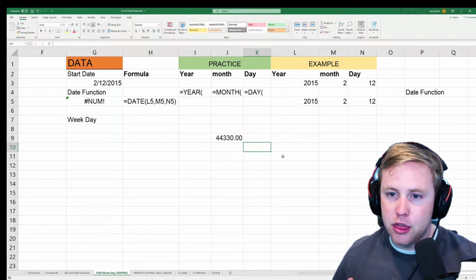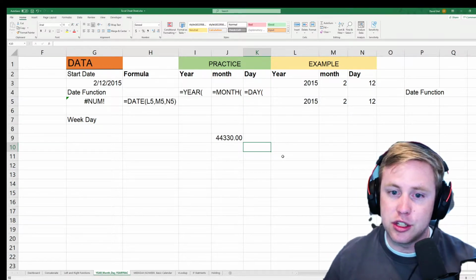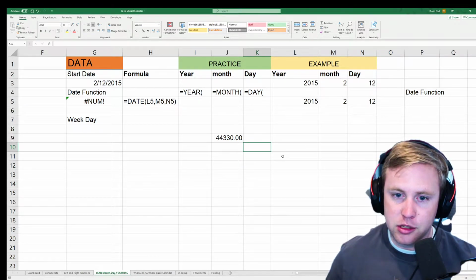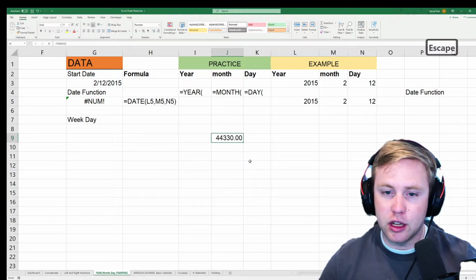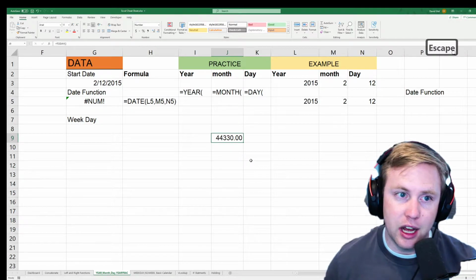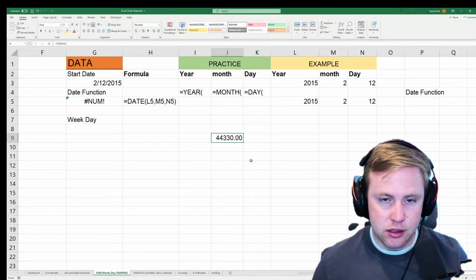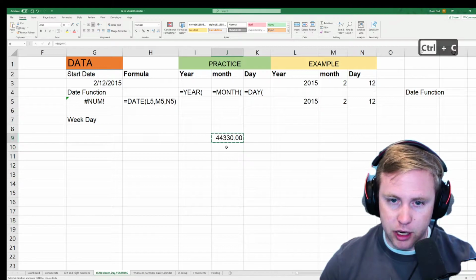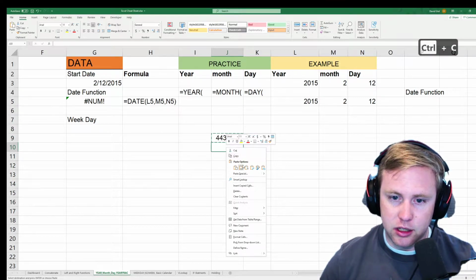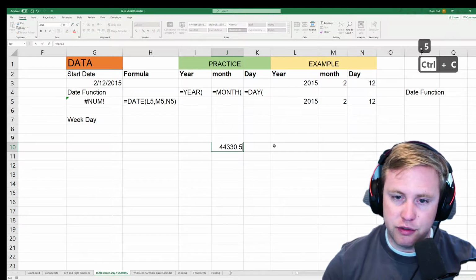44,330. The way Excel looks at dates is it stores them as just numbers, as integers. In fact, you can see the 0.00 indicates that that's 12 o'clock, or it doesn't actually include a time. Today and now are two really different things. Time is also stored in a number. So for instance, let's say we grabbed this and we paste it as a value, and we say 0.5,